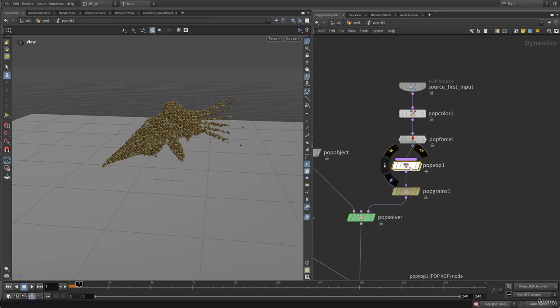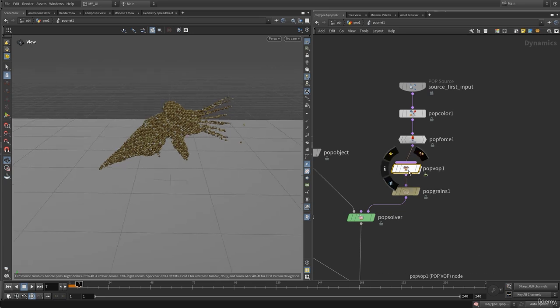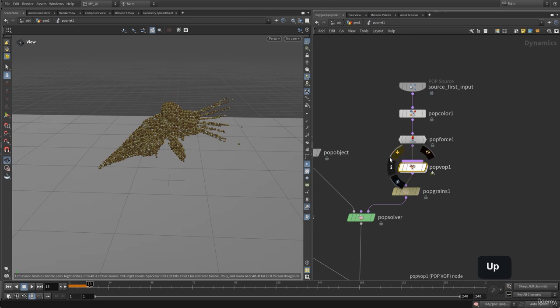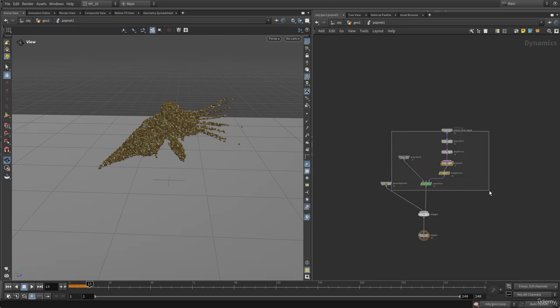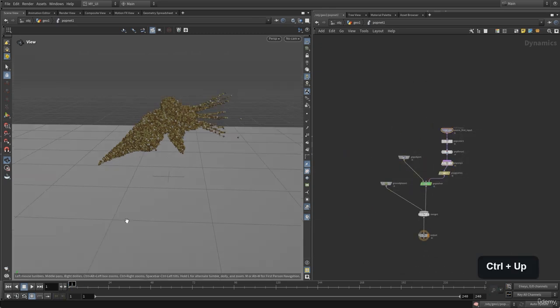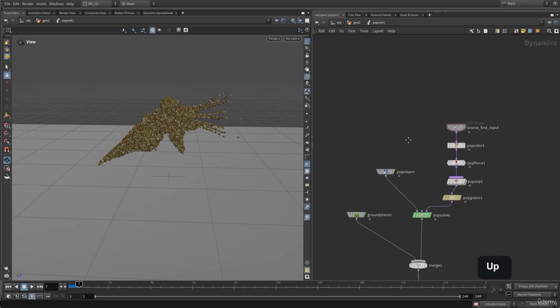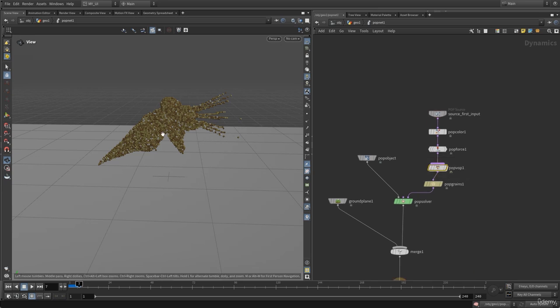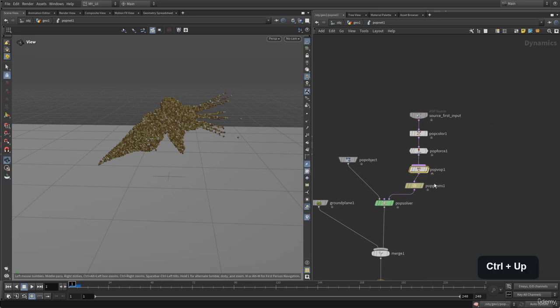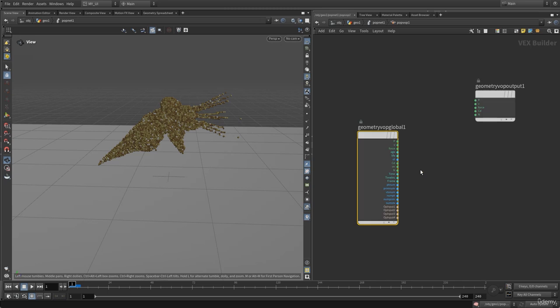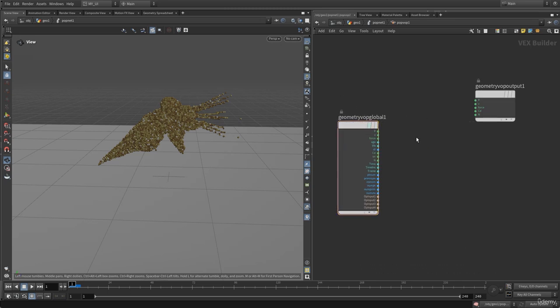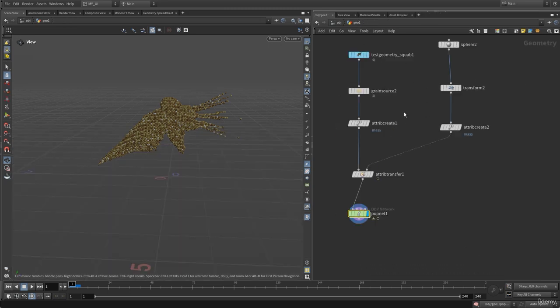And pop warp is a same attribute warp node, and it is designed to work with particle simulation, and it is going to be calculated every frame because it is now a part of the simulation. If the simulation is going to be calculated every frame, this pop warp is also going to be calculated every frame. So now let's dive inside, and in here let's import our mass attribute,